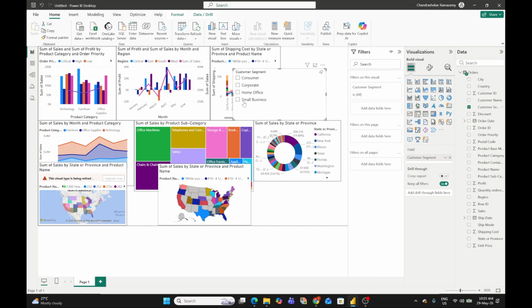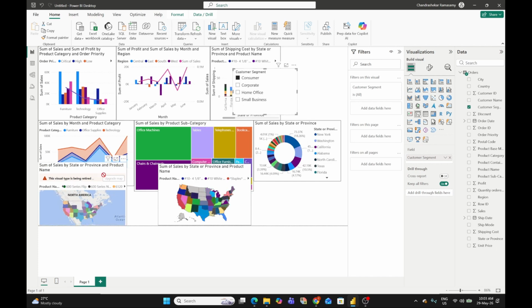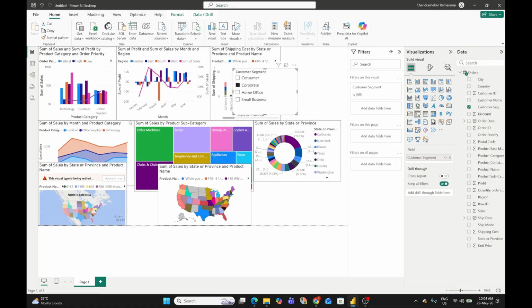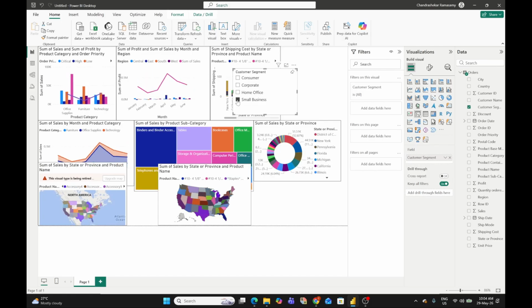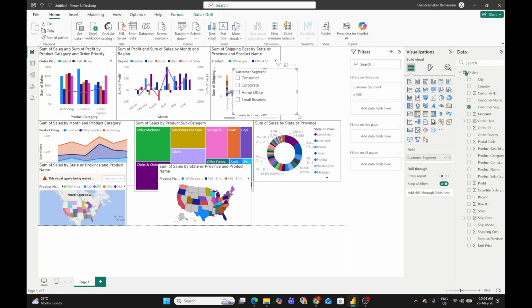Of course, if you put customer segment here, the whole thing will generate by 4 customer types: consumer, corporate, home office, small business. If you press here consumer, the whole graph will show you only consumer. If you press here corporate, it shows you corporate, home office like this, and small business like this. Okay, that's the thing. But actually we can change